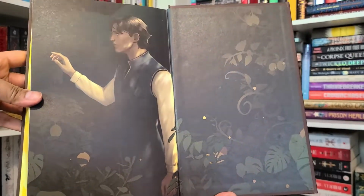So the artwork are, I guess, our two main characters. Ooh, I like the brown with the yellow for some reason. I feel like it matches really well. Ooh, and even though the foiling is kind of brown too, it works really well with the book as well. I just wish that the edges are a different color, maybe a green or a dark green,